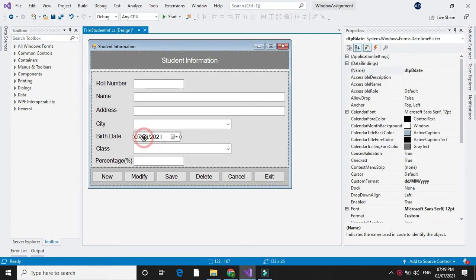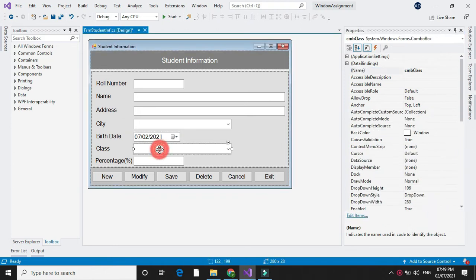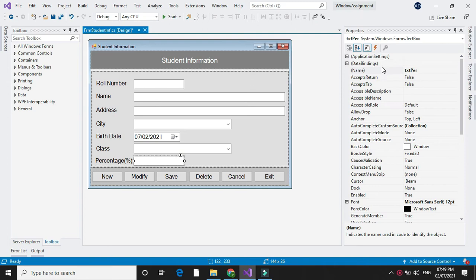For date I have used a date time picker, so I have given the name dtpDate. Then the class cmbClass and percentage txtPercentage.